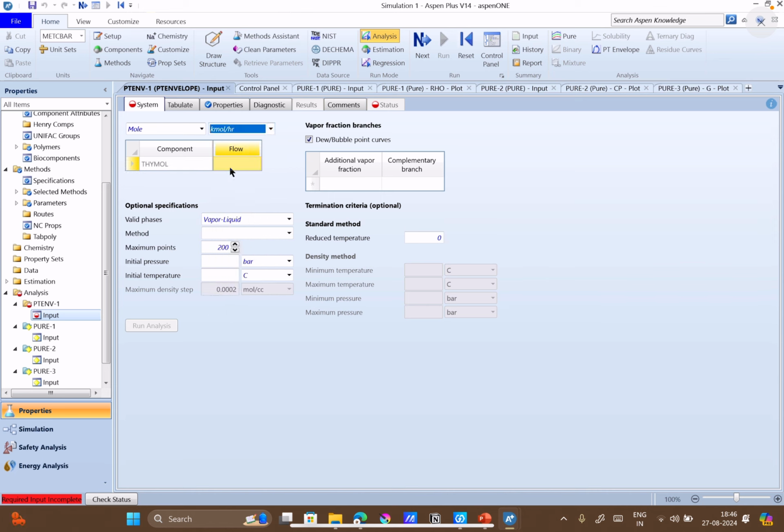If you have any one compound, you can provide any value and it will take it as 100% of that compound, and you can just do a simple run analysis. What it will do is create a PT envelope for thymol. Then we can get a rough estimation of the boiling point at various pressures.